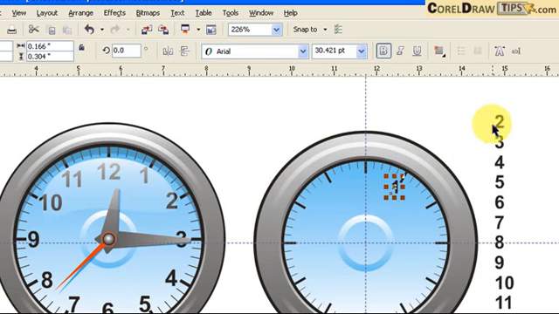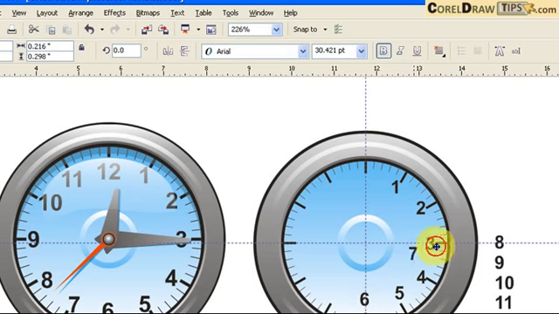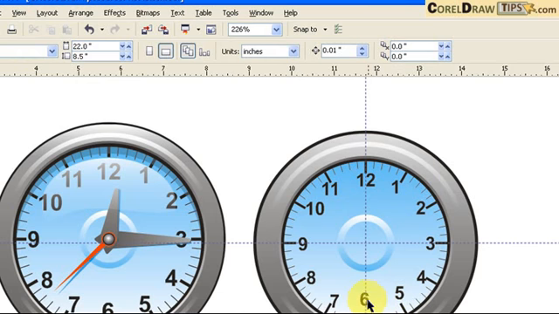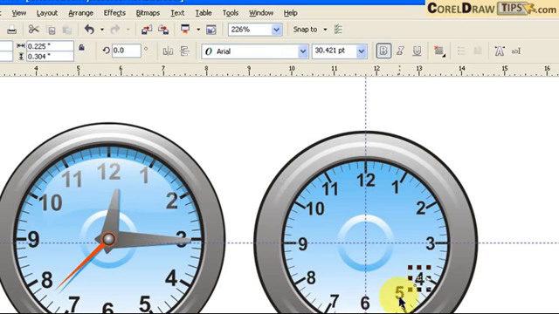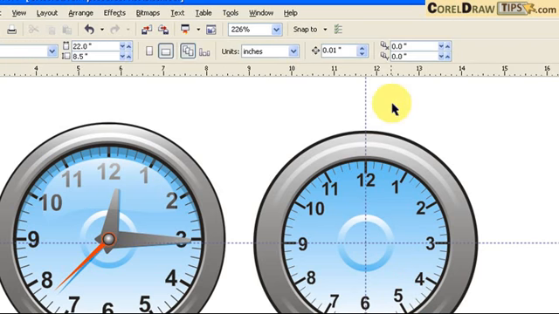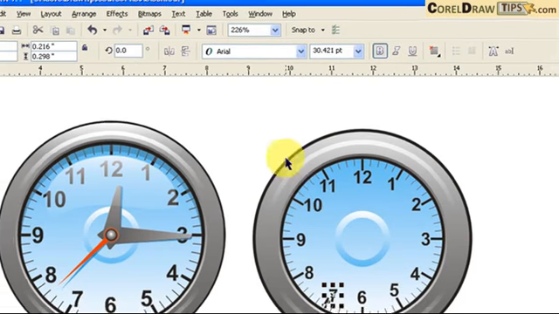Okay, so number here, and then okay, so it's gonna delete these guidelines. There you go. Okay, so I have this now,